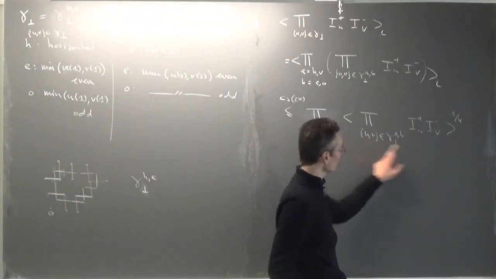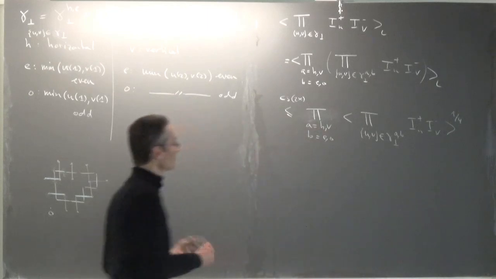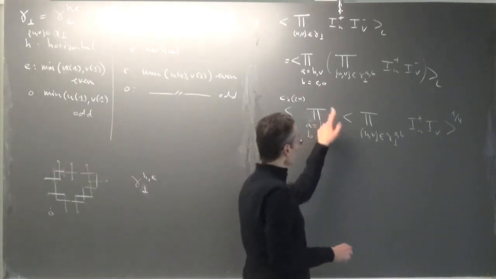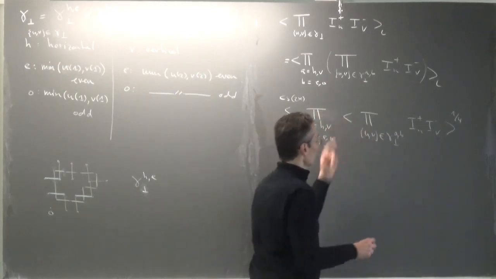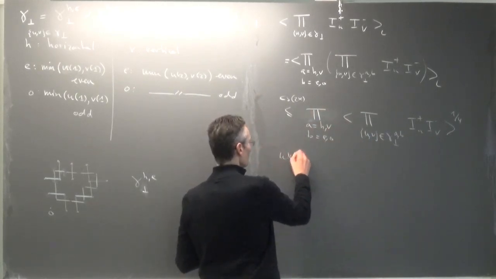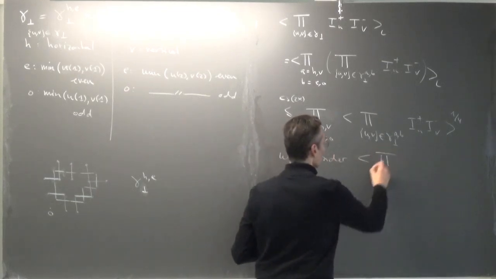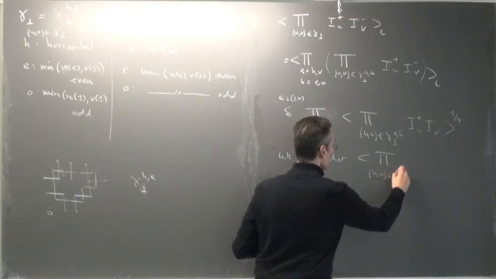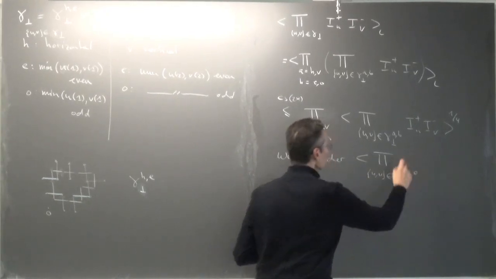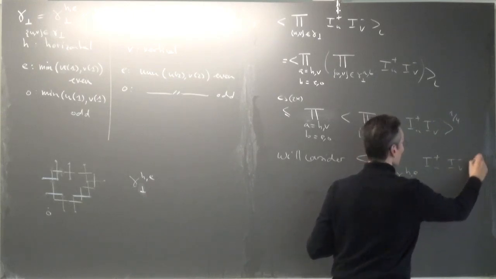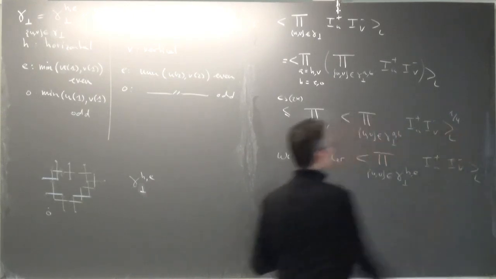Now all the edges here are of the same type. And now this makes it particularly easy to apply the chessboard estimate. So of course all these terms are treated in the same way. I will just treat one. We'll consider only the term product over UV in gamma orthogonal horizontal even of I plus U, I minus V. The other are done exactly the same way.